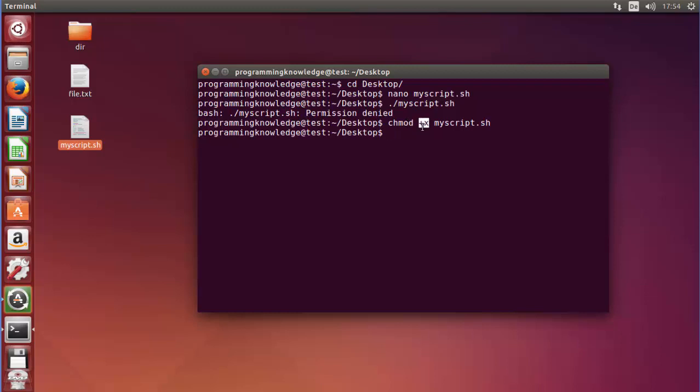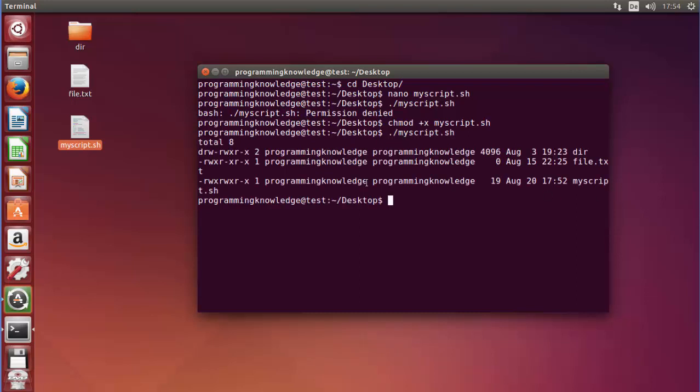So in the last 3 videos we have been learning how to give the permission to the script, and that's why I was creating those videos, to let you know how you can change the permission of a file. Now this will change the permission of a file to execute, so you can execute this script by giving this permission.